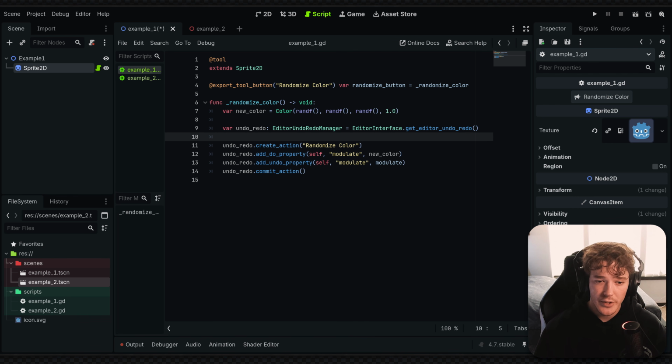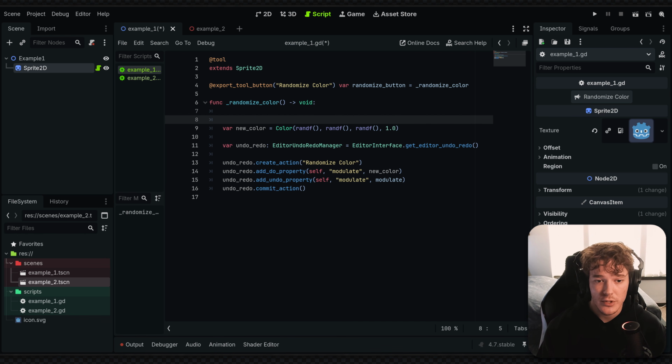So this is cool, but there's something really important about this setup, and that is the fact that we cannot call this EditorInterface.get_undo_redo when we're in game. This isn't going to work because this undo redo is only available in the editor. So there are a couple ways to actually fix this. The one I like to use most of the time is just at the top of our script, we could say if